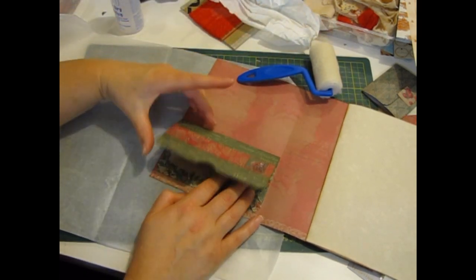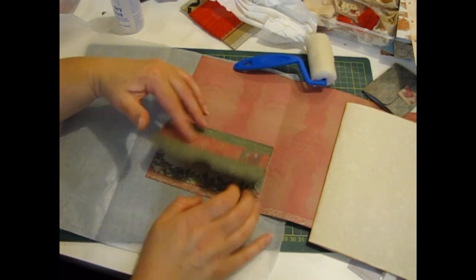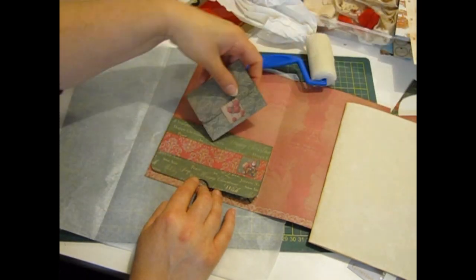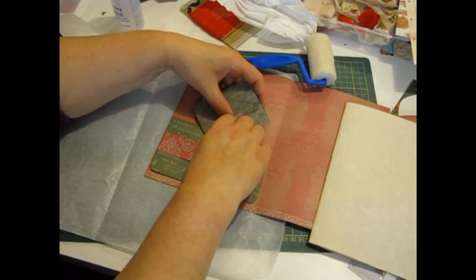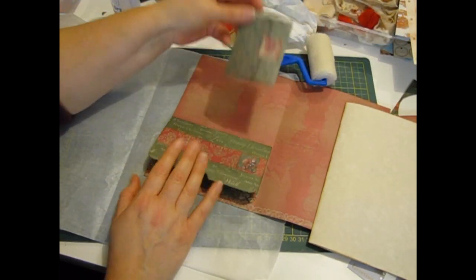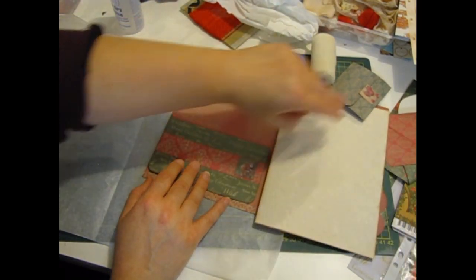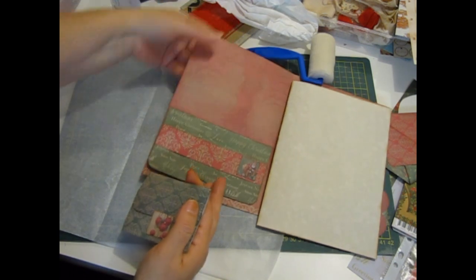That looks good. Let that dry for a bit before we put anything in there. And I made this a little tuck spot under here as well. So I'll find some elements to slip in there sometime. Okay, now,